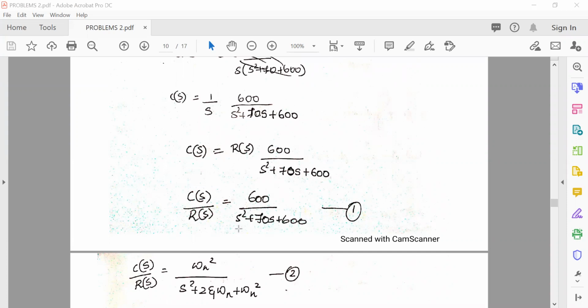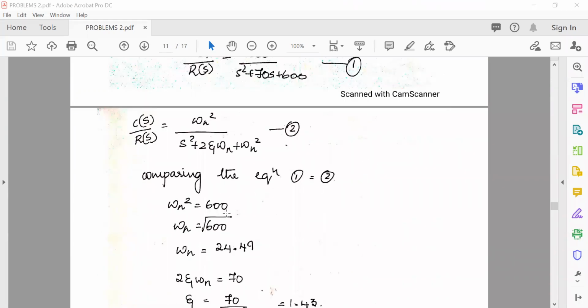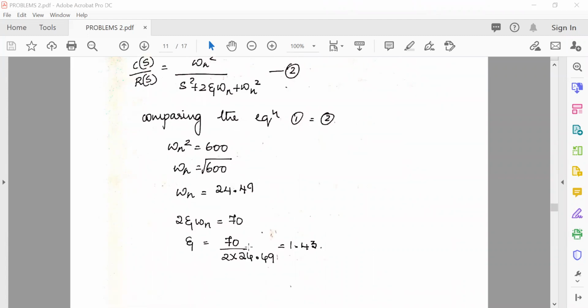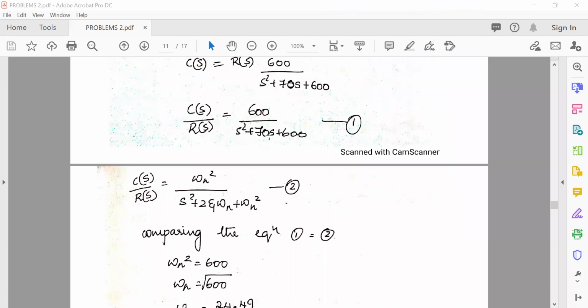So now what is omega n? Omega n square is 600, so omega n is root of 600. See, omega n square is 600. Omega n is root of 600, which will be around 24.49 or 24.5. Then here, this 2 zeta omega n is nothing but